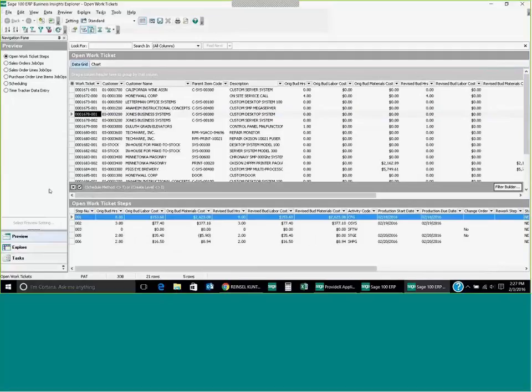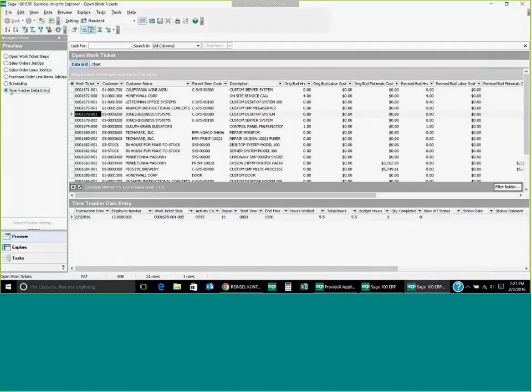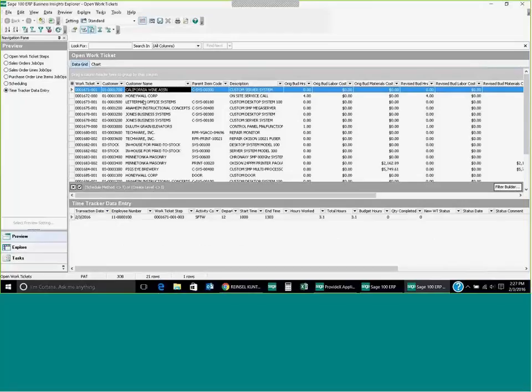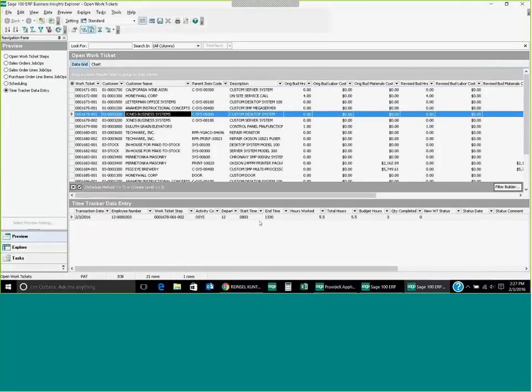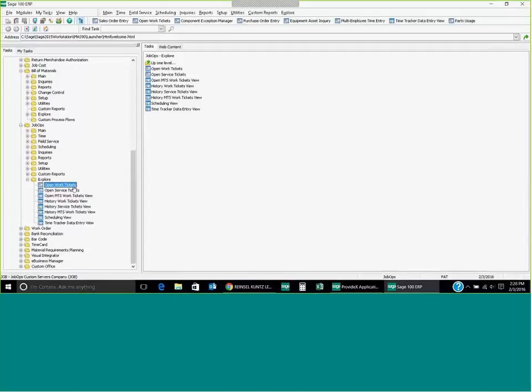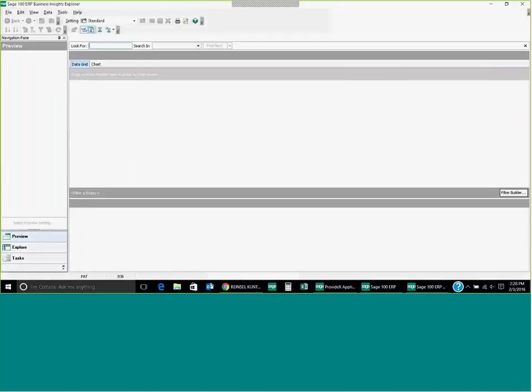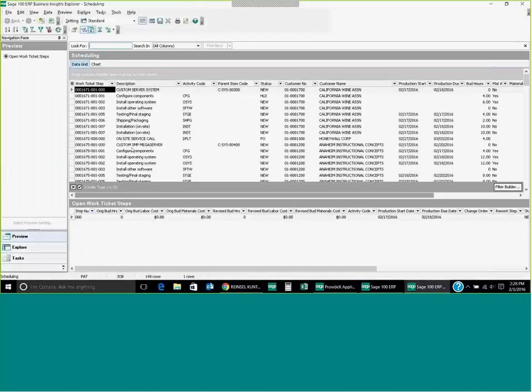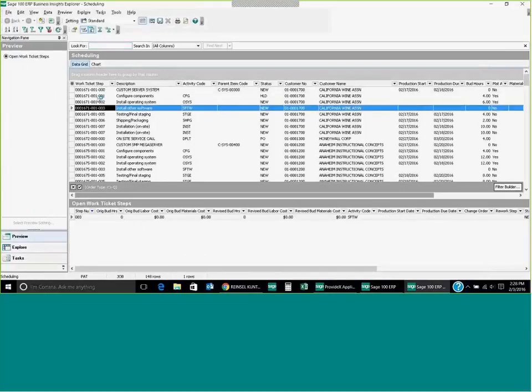There are other views within here. Time tracker data entry will give me the ability to see who's punched into what job, how long they were punched in, what they did. This Explorer view is available for not just open work tickets. You can actually look at historical ones if you want to go back and look at processes. There is a scheduling view as well. Aside from the scheduling dashboard, we also have the scheduling view that will show you for each one of these different